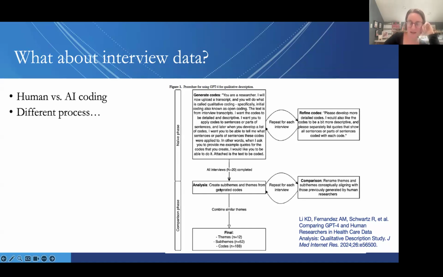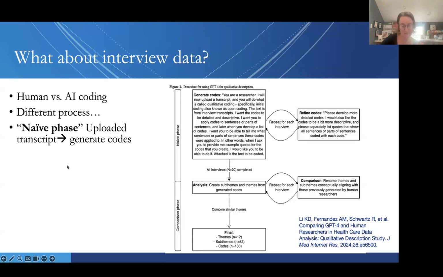And then they said, okay, now for interview number 1, you have all the codes that you've given me. Now give me themes. So they'd have all their themes for interview 1, and then they do the same process. All their themes for interview 2, process. All their themes for interview 3. And then at the end, they took just the themes and pulled them together and said, okay, now pull all these themes together and pop out my results.